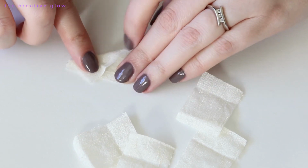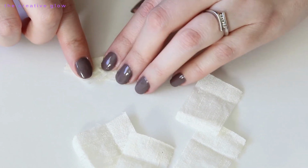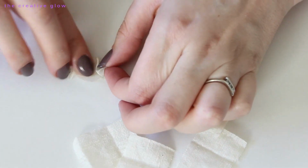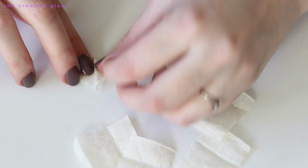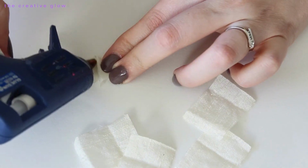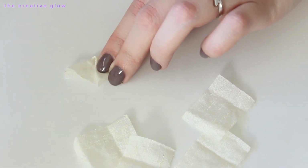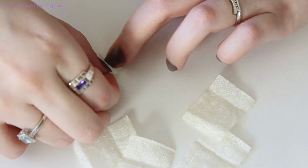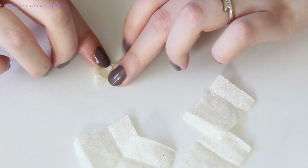From here, you're going to take the opposite corner and you're going to fold that up just next to the corner that you just pulled up. And then you're going to add a tiny bit of hot glue just at the base to keep that in place. You're then going to do the same thing with your other bottom corner, pull it up and place it